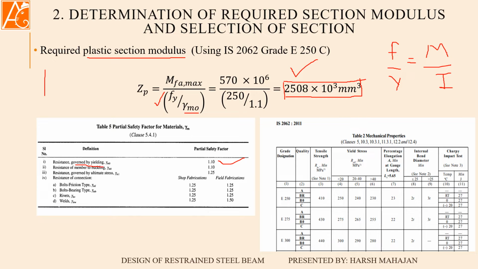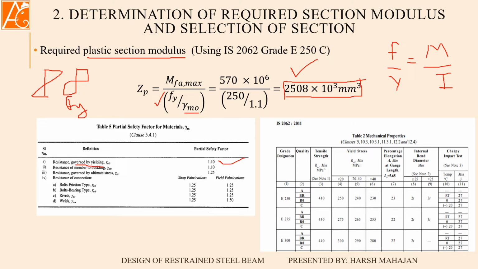So we are designing the beam. In a beam there will be this kind of stresses, and the plastic will be like this, but the maximum we want to limit it for Fy only. So that's why we are governing our whole design on yielding. That's why we are taking 1.1.